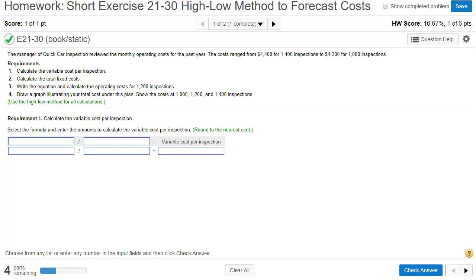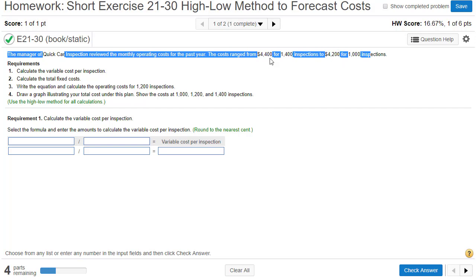Short exercise 21-30, we're going to use the high-low method to forecast costs. So the manager of Quick Car Inspection reviewed the monthly operating costs for the past year. Costs ranged from $4,400 for 1,400 inspections to $4,200 for 1,000 inspections. So as you notice, as the number of inspections increases from 1,000 to 1,400, the monthly operating costs increase from